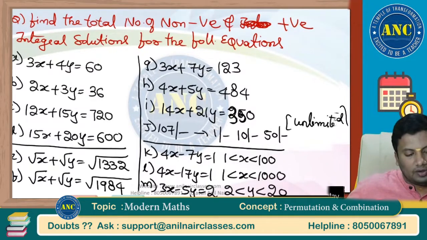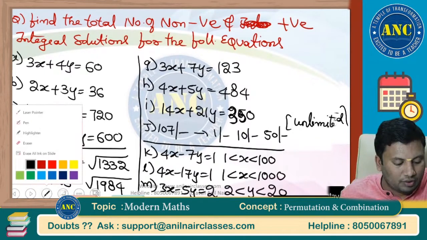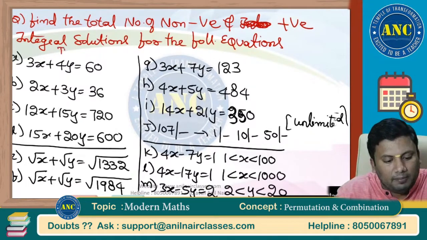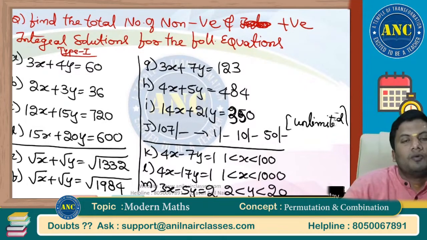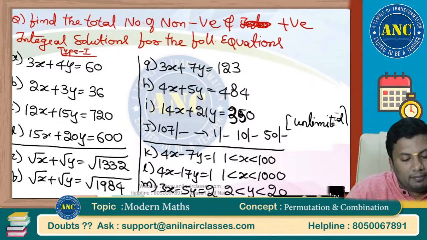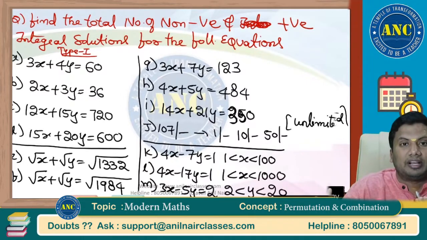First we will solve the 4 plus 2, that is 6, 10 and 13 problems. Now listen carefully. Sir, why did you keep a slash? See here, A, B, C, D are type 1 problems. What are these type 1 problems? The equation has two variables, x and y. If you see the coefficients 3 and 4, 3 is a factor of 60, and 4 is also a factor of 60.